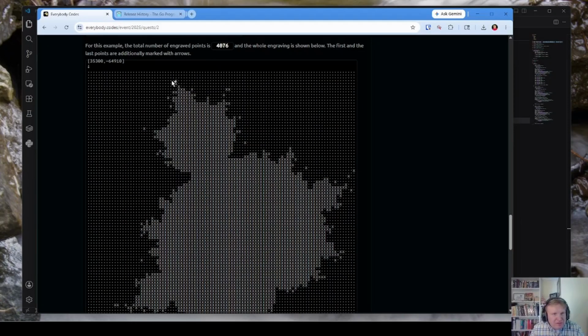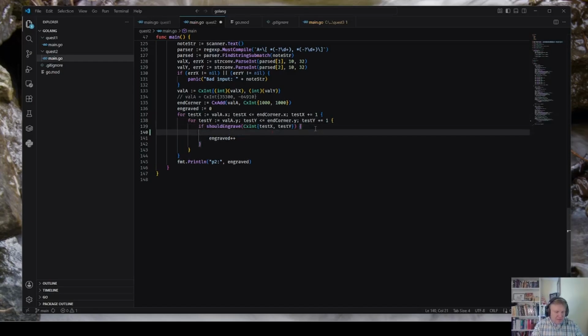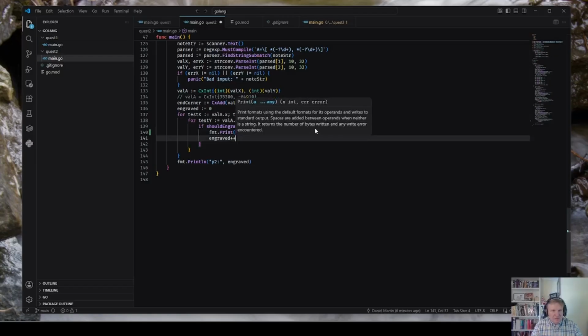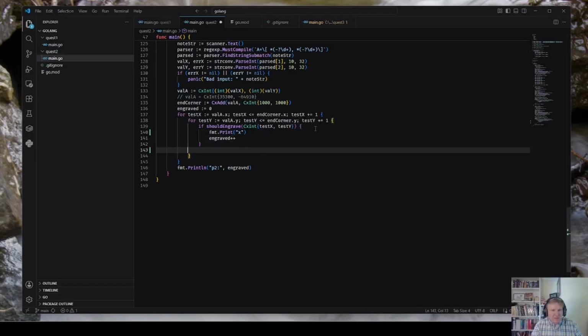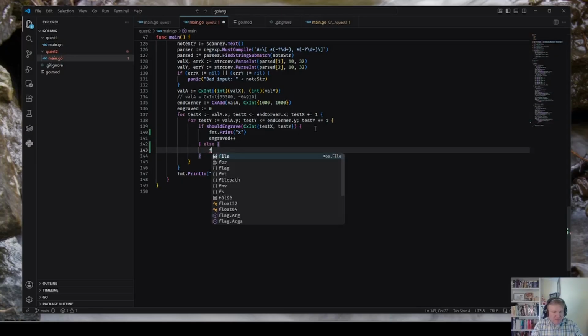So I'm going to use exactly those characters, whatever those particular characters happen to be, and I'm only going to do this for the larger one.